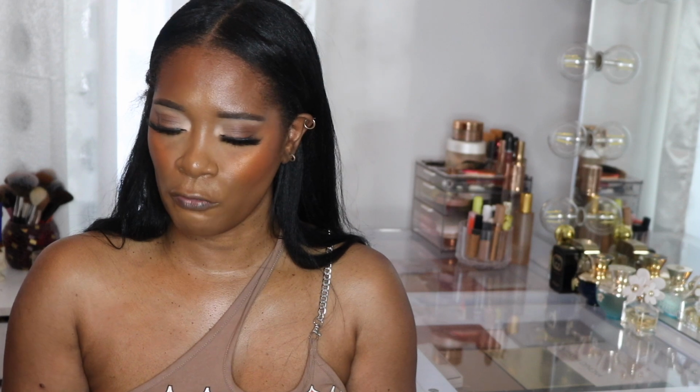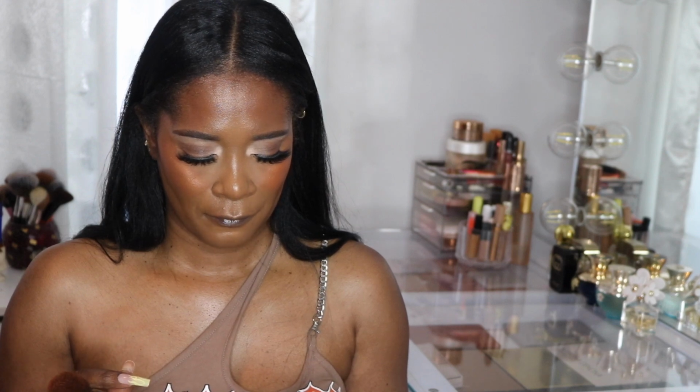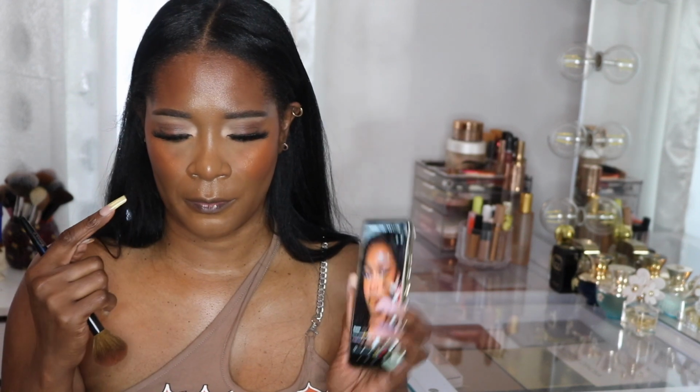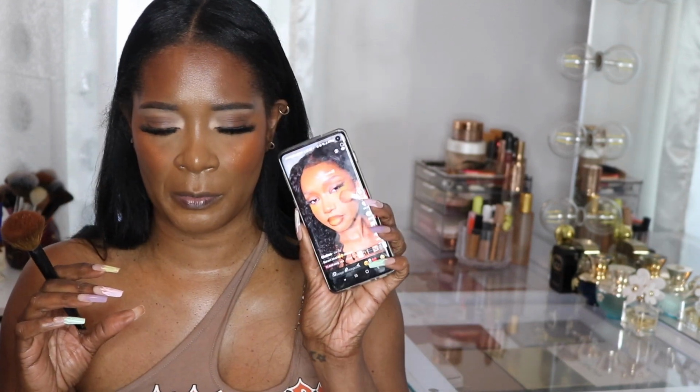All right, I think I have the orange part down. Let me take another look at the picture. Okay, yes, it came down. All right. And this looks, the lighting makes it pop a little bit more, I think, in the picture. So for the pink blush,